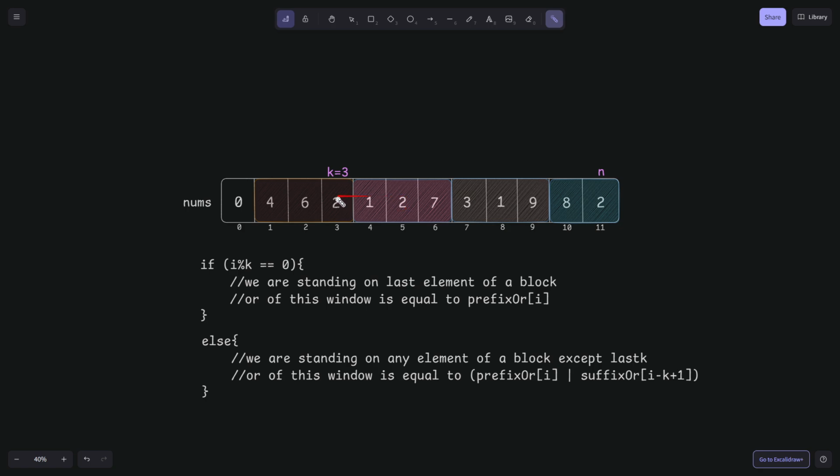We are dividing this into two parts. This is our first part and this is our second part, right? If we know the bitwise OR of this part and the bitwise OR of this part, then simply taking the bitwise OR of these two parts will give us the bitwise OR of the window from 3 to 5 that we require, right? So ask yourself, do we now know the bitwise OR of this part and of this part? Yes, we know this, because the bitwise OR of this part will be nothing but the prefix OR